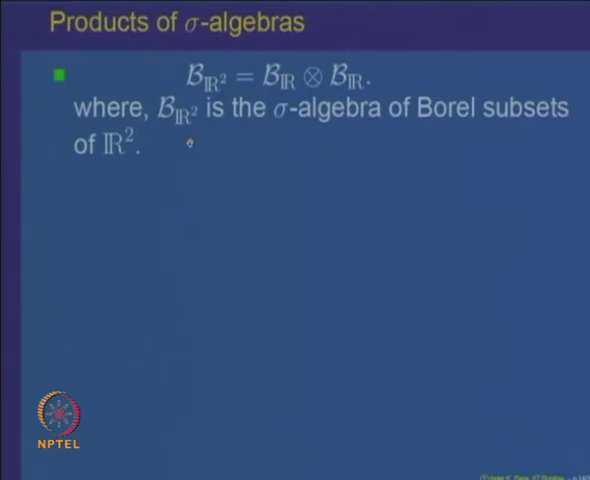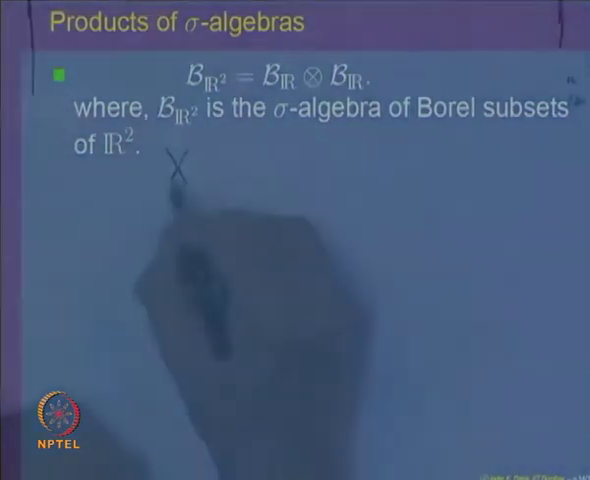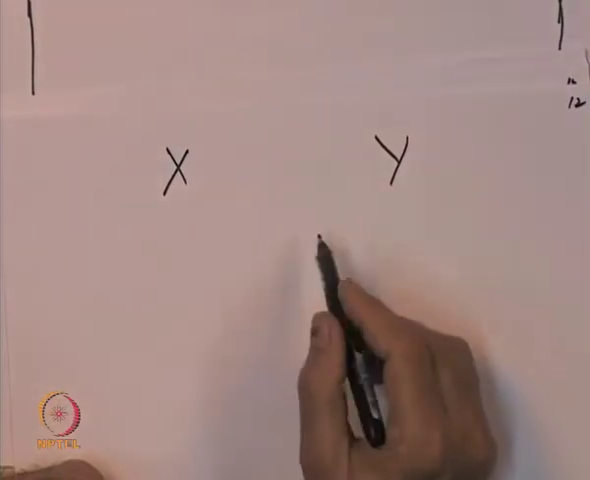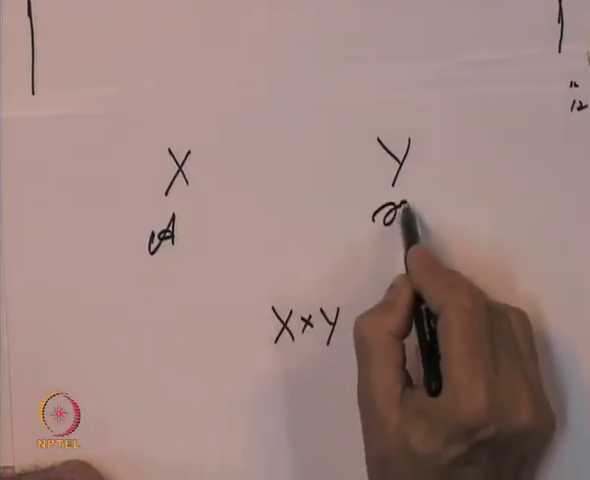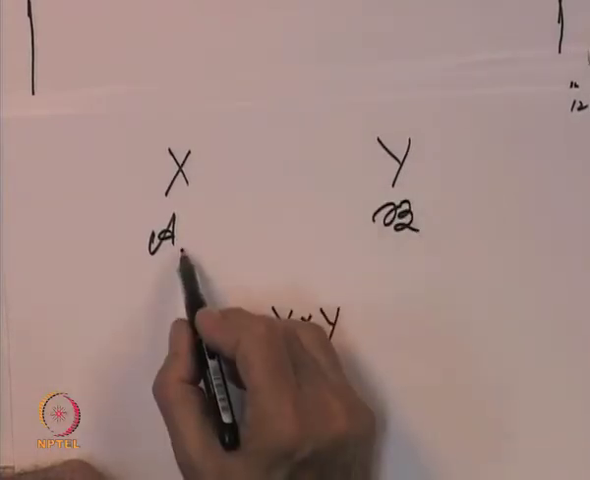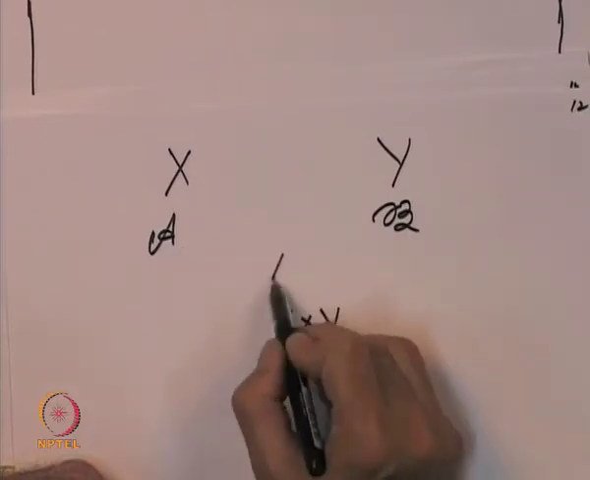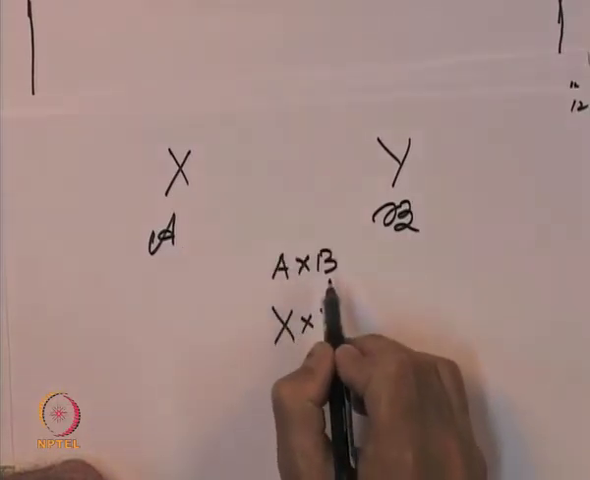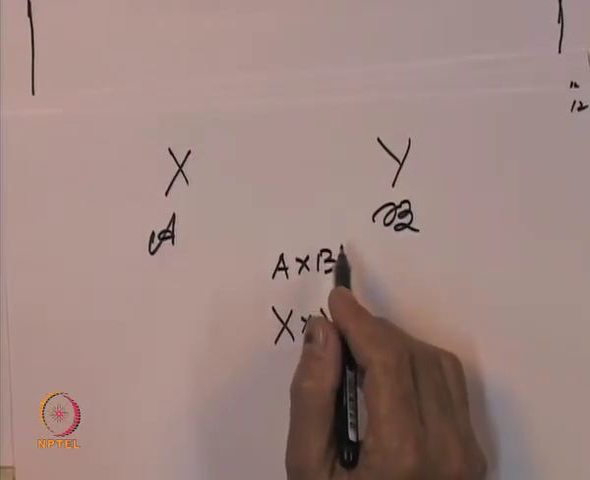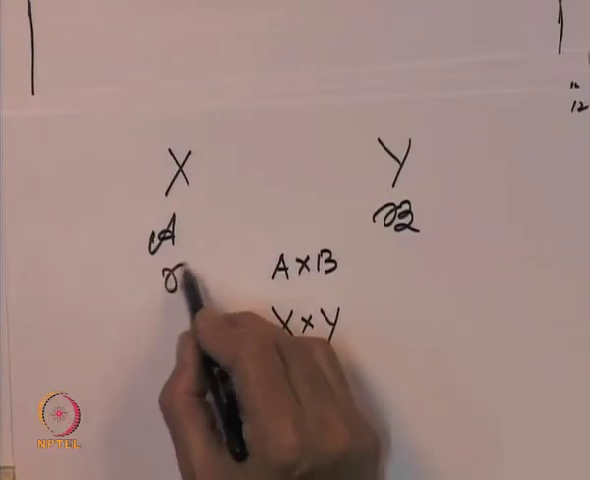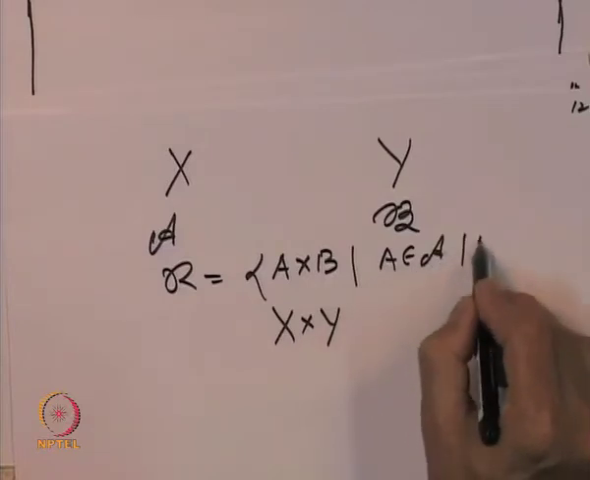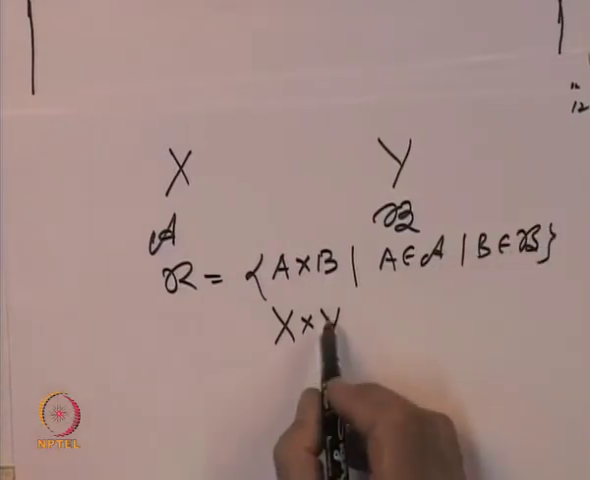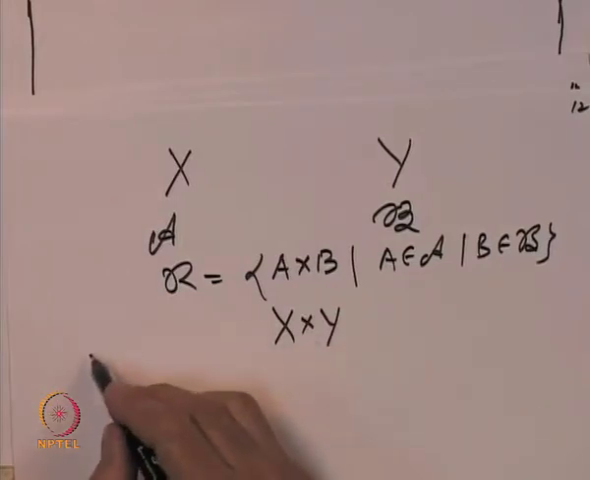So, the main thing to remember is the following: given X and given Y, we can have the product set X cross Y. Here we have a sigma algebra A, here we have a sigma algebra B. If we take sets A in A and B in B, that gives us sets of the type A cross B. These kinds of sets are called measurable rectangles. So, sets of the form A cross B, where A belongs to A and B belongs to B, give you subsets of X cross Y. They are called rectangles